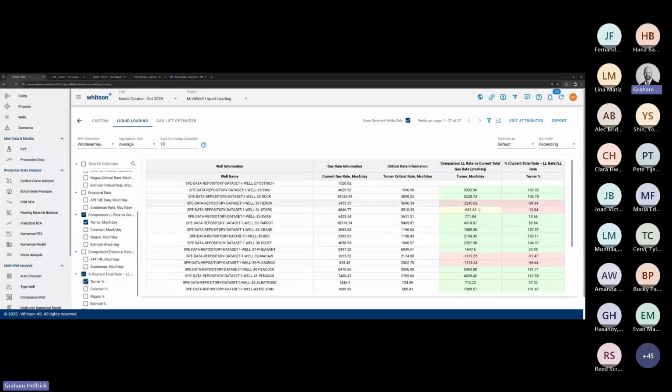To sort these, there's a little drop down that says table sort by in the top right. What I want to pick is the Turner percent. So sort by Turner percent. This is creating a report about which wells are liquid loaded in red and which wells are not liquid loaded in green. The number is showing us how much we're missing the critical rate, or how much extra gas we would need to get over that Turner rate, and then what that means in terms of a